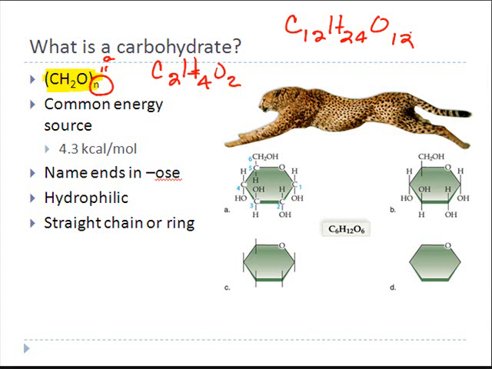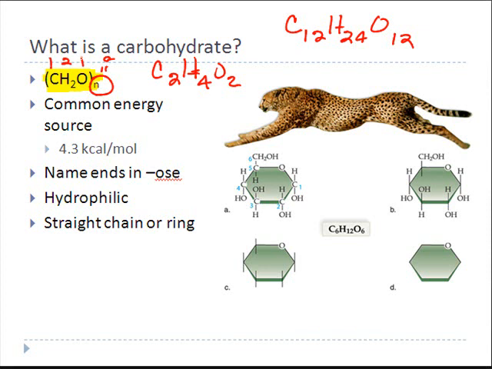There's an easy way to figure out if a molecule you're looking at could be a carbohydrate. If there are only carbons, hydrogens, and oxygens present and nothing else, count up the number of carbons, count up the number of hydrogens, count up the number of oxygens, and if you get this 1 to 2 to 1 ratio,